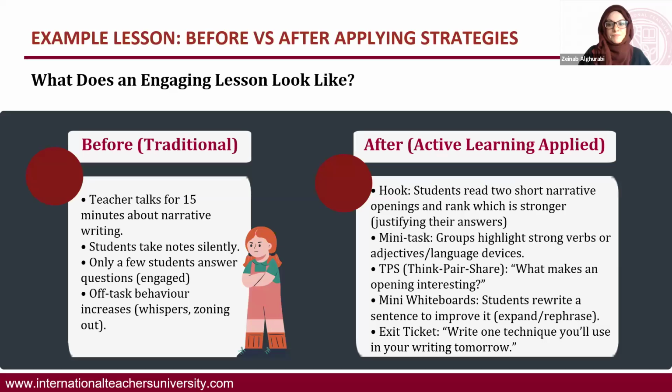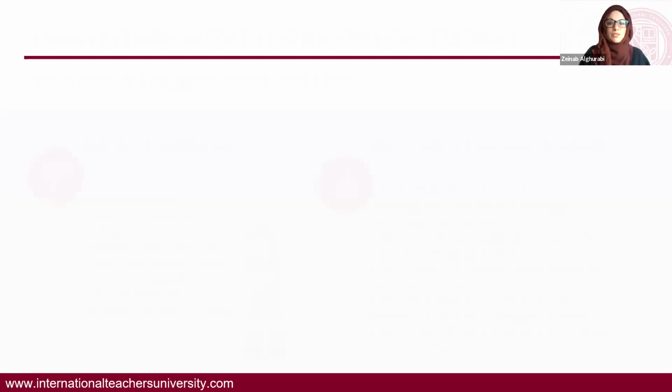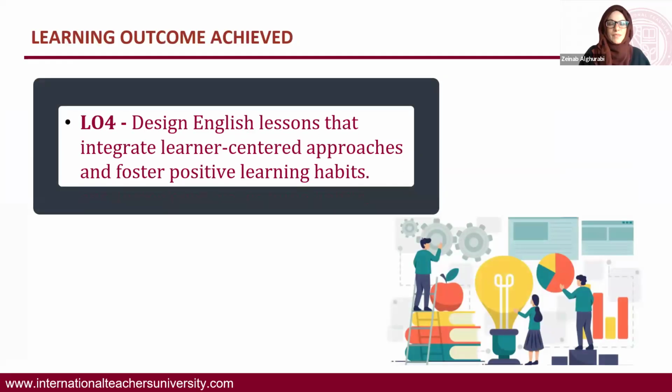narrative piece of writing. So definitely we know the before one is the passive lesson where students are actually passive learners. And the second one is where you are building active learning strategies. And here we achieved our fourth learning outcome, which is design English lessons that integrate learner-centered approaches and foster positive